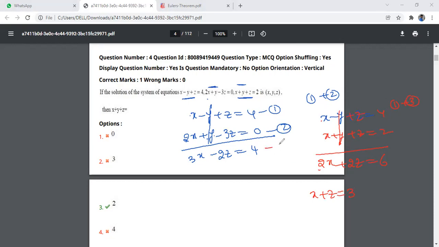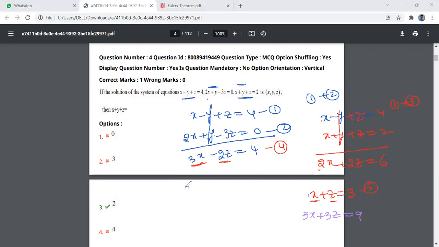Take this equation as sum 4, this equation as sum 5. Again, see here, this is 3x, 2z, this is x and z. So if you multiply this fifth equation with 3, what you will get? 3x plus 3z is equal to 9 you will get. Why I am multiplying means I have to eliminate any one of x or z. To eliminate that, the x coefficient should be the same. Here x coefficient is 1, here x coefficient is 3. So that is the reason I multiplied this whole equation by 3.